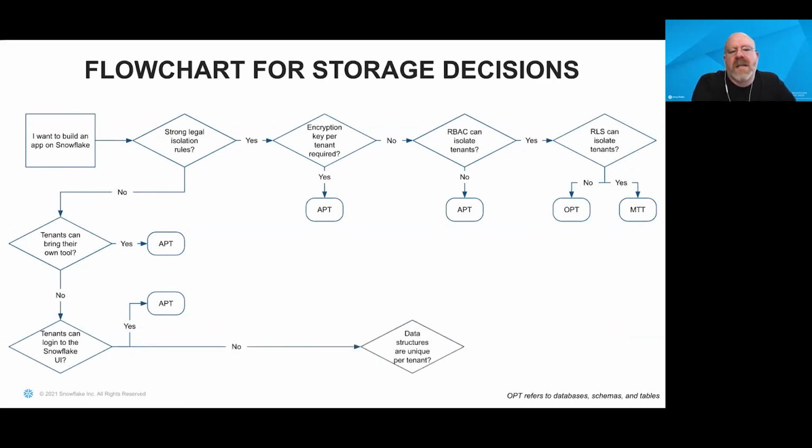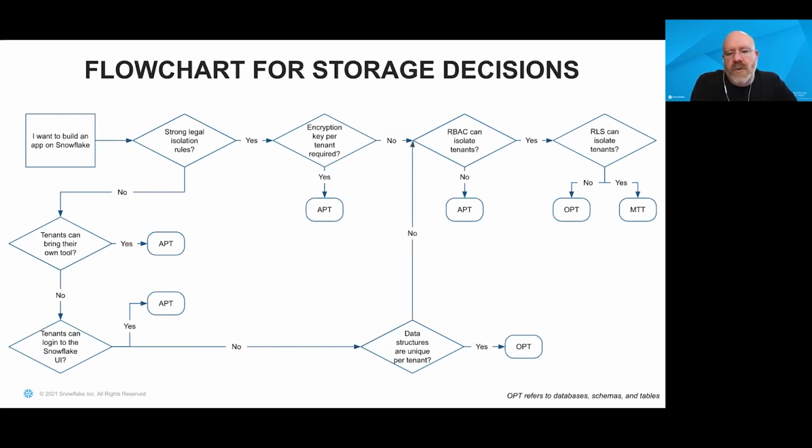If not, then the last thing you really need to think about is whether the data structures are unique per tenant. We alluded to this before. If the data structures are unique per tenant, then you're going to have to go down the object per tenant model, because you can't combine all tenants into a single data structure. And if that isn't the case, if customers are sharing a common data model,